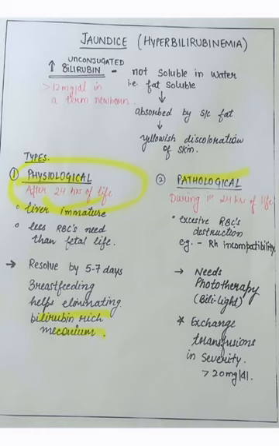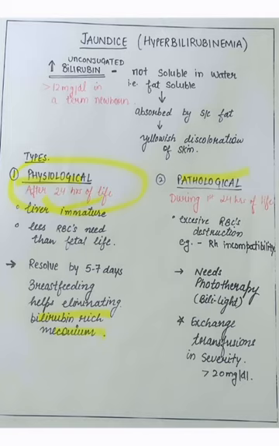Second, pathological jaundice occurs during the first 24 hours of life. It occurs because of excessive RBC destruction, which can occur in Rh incompatibility, ABO incompatibility, or fifth disease. There are a lot of factors which can result in pathological jaundice. The first sign is that it occurs before the first 24 hours of life. In this case, breastfeeding alone is not